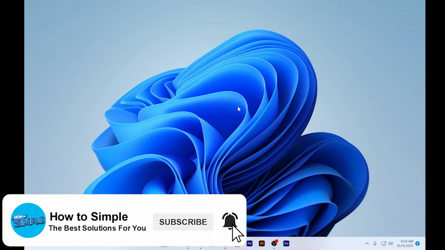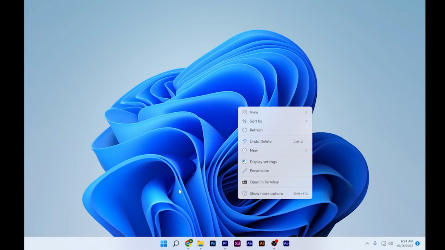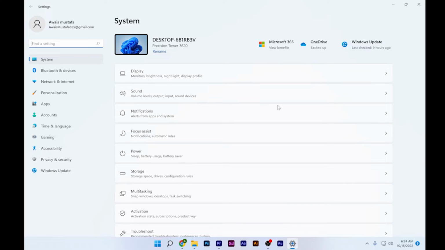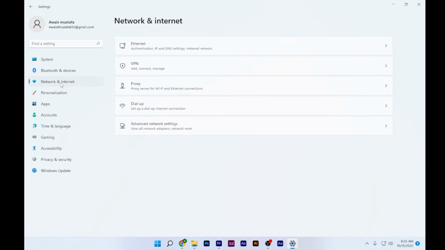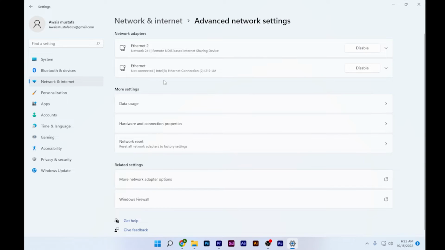In this video, I am going to show you how you can do it easily. So the first method is you have to open up your settings. Go to your settings of Windows 11. So once you are here, you have to click on this network and internet. And now you have to go for this advanced network settings. And in the network adapters, you have to simply disable this and enable it again, and I hope this will